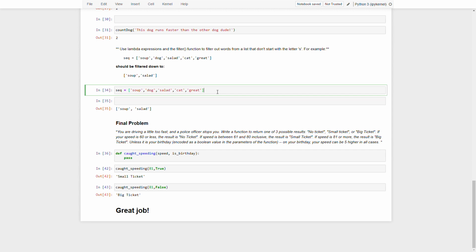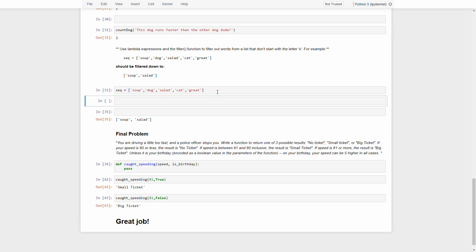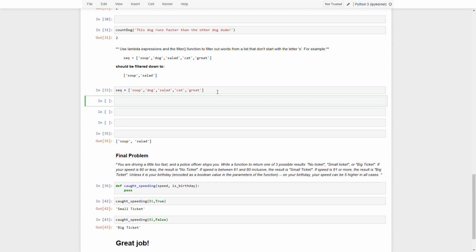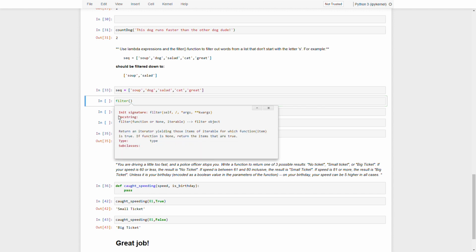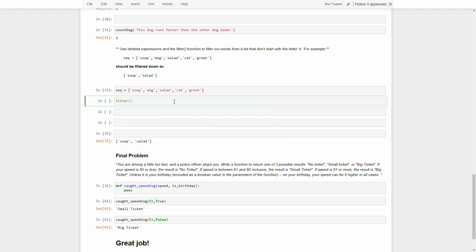Let's run this sequence. Filter. So within the filter, we have to use a function and then the iterable, which is this sequence. For the function, we will use the lambda expression. Lambda word, check for this word if the